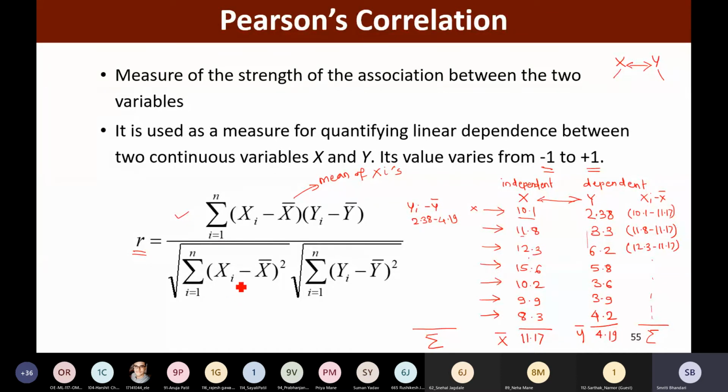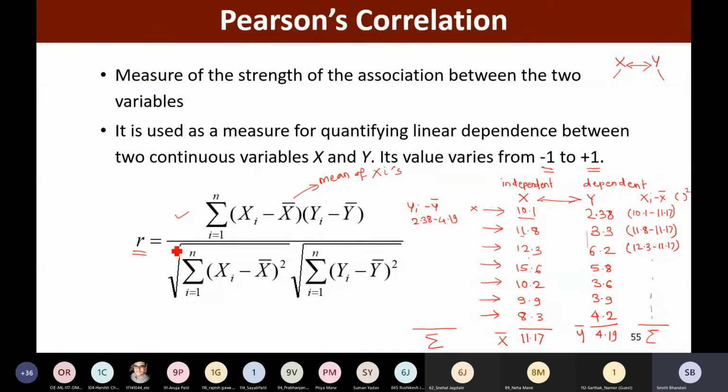Similarly, we have computed xi minus x bar here. So we have now one more term, that is the square of this xi minus x bar. Also, we'll have another term, that is the square of yi minus y bar. Whichever quantities those are, we are going to sum them up and take the square root of that.